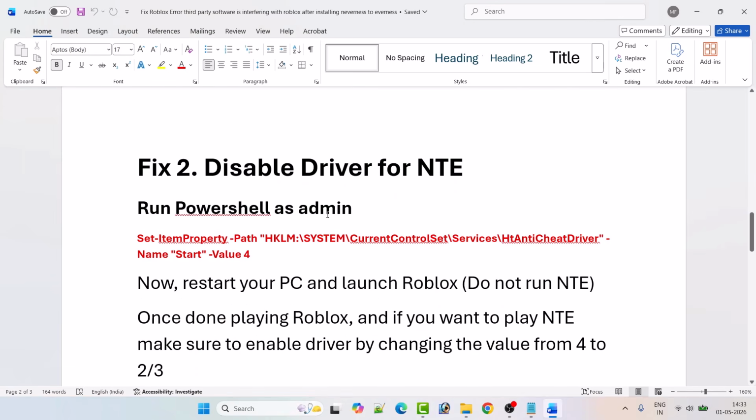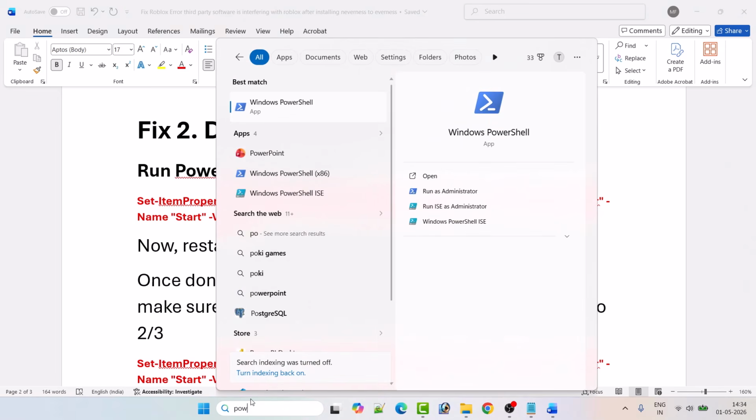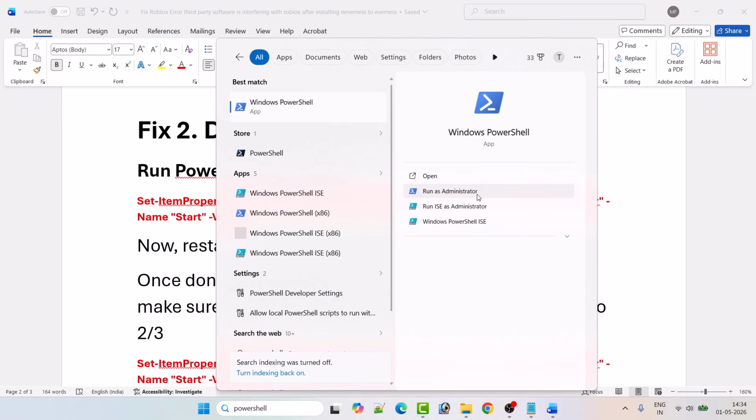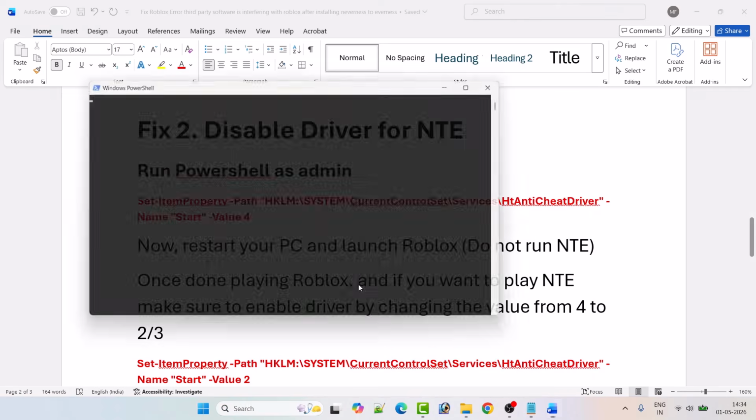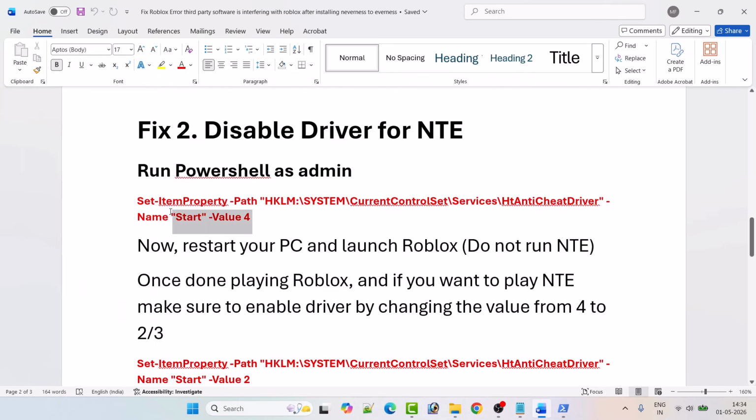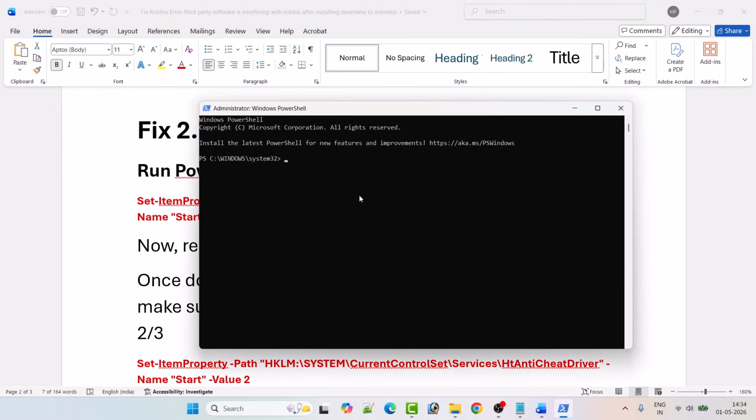Now fix 2 is to disable the driver for NTE. So in Windows search, type PowerShell and run Windows PowerShell as an administrator. Click on run as administrator, click yes to allow, and then copy this code. I will provide this code in my video description. You can just copy and paste it over here, then hit enter and close it, and then